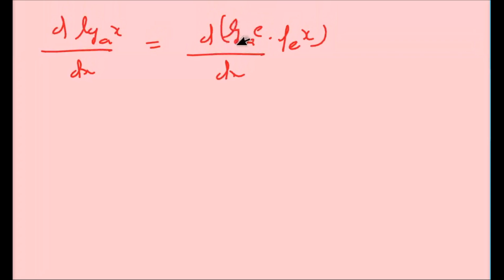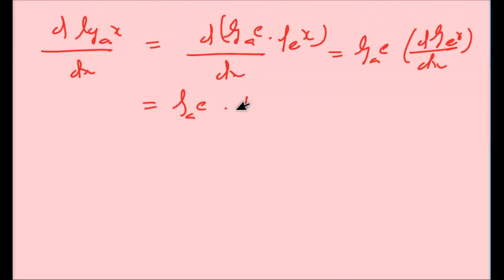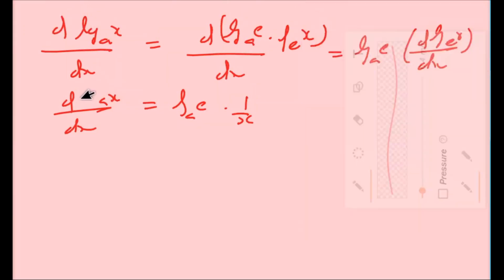Now this one is the constant, so we can take the constant outside, and dy/dx of log e base x we have found, that is 1 upon x. So the differential of log a base x is log a base e into 1 upon x. Okay,